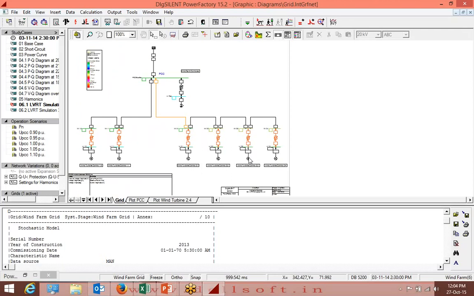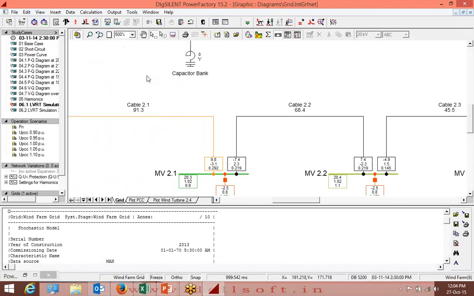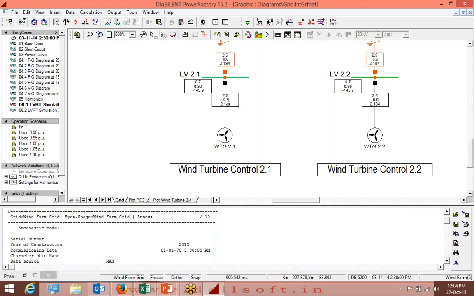Rooftop solar, sir, I have one file in PDF format. I will send it. What is the voltage level right now? Your wind generation is there. I'm showing you the voltage level, sir. This is it, sir.